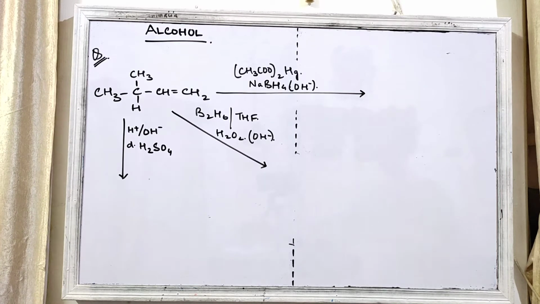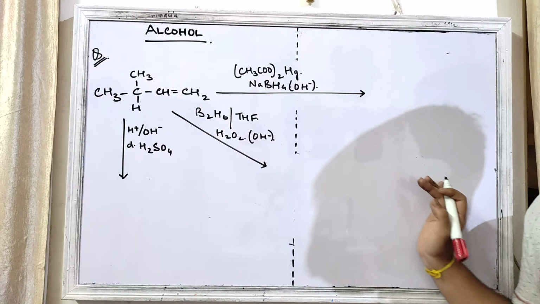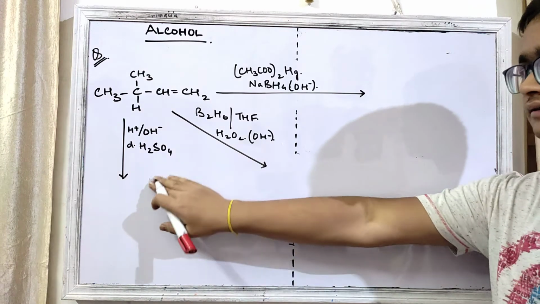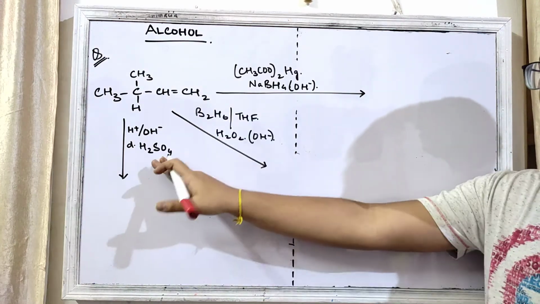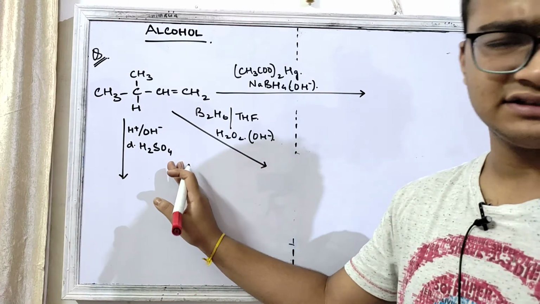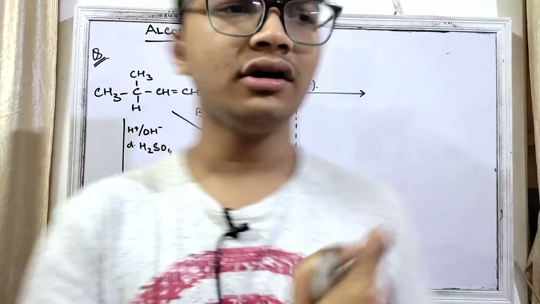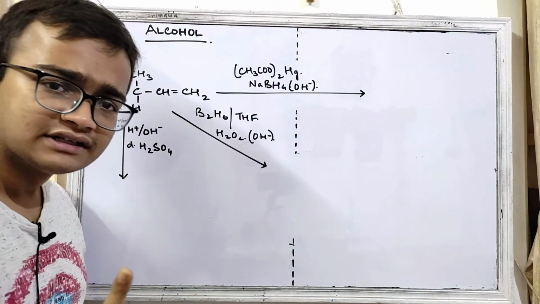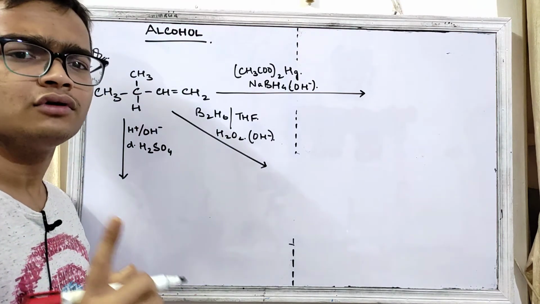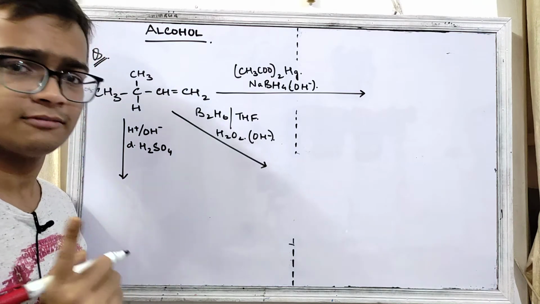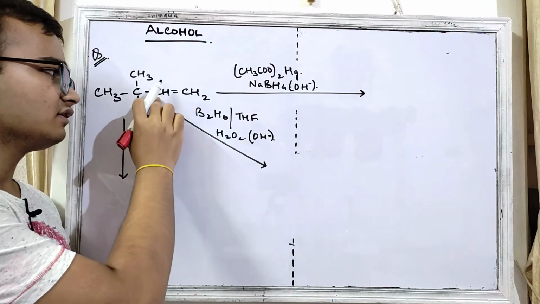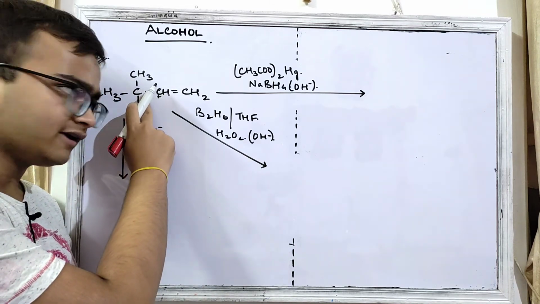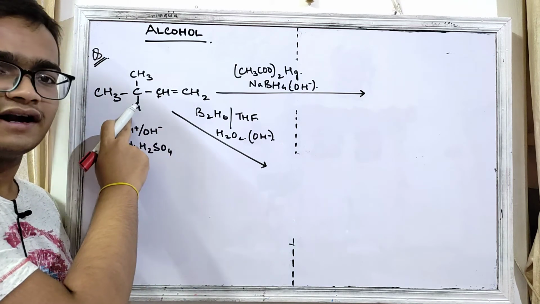Now my question to you is this: what will be the product from this, and this is the reagent. According to what we studied in the first case, this is the acid catalyzed addition of water to your alkene. Carbocation formation takes place and the Markovnikov rule is being followed. So there is a possibility of rearrangement to occur since carbocation is being formed. The carbocation will be formed over here, and there is a possibility of a 3 degree one being formed. So the H plus will shift and the OH will attack over here.